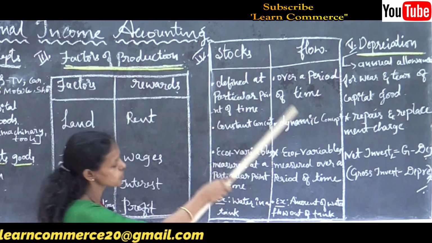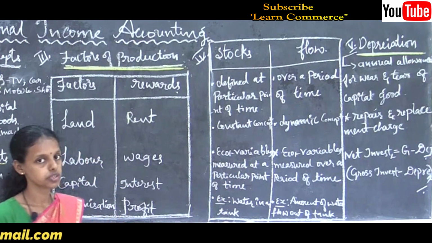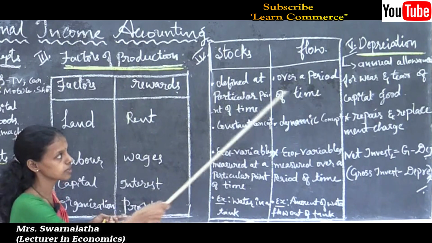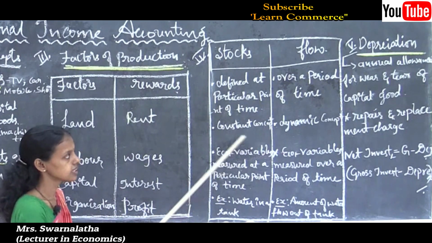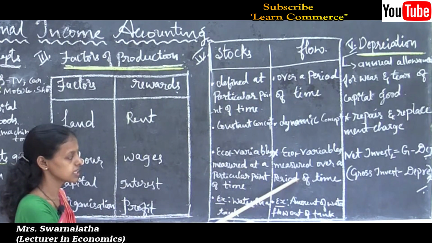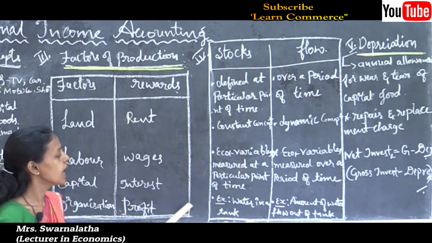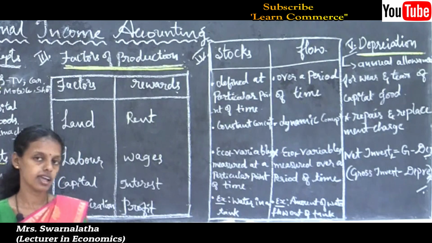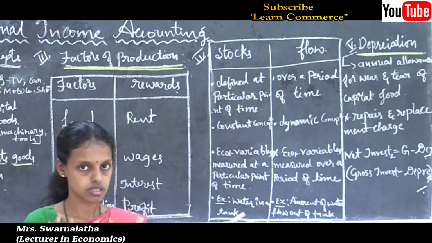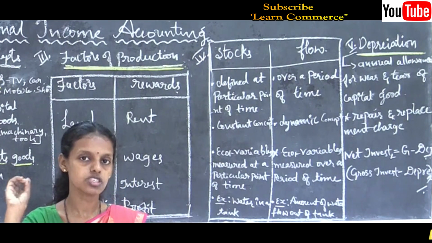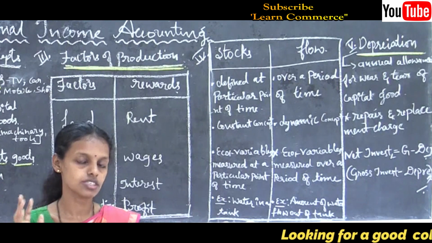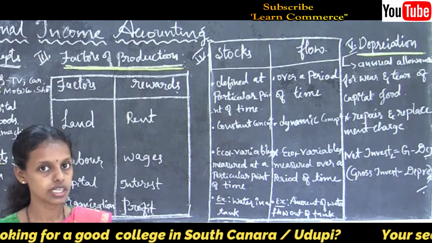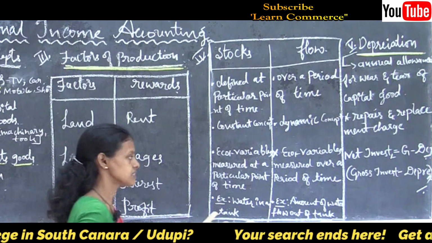Example for stocks and flow is very important for 2 mark students. This much is enough for the 2 mark. If you are writing the answer, give the definition, then concept, meaning and example. Example for stock is water in a tank. For example, water kept in the tank as a stock is said to be the stock. I will give you a simple example; you can give any other examples.